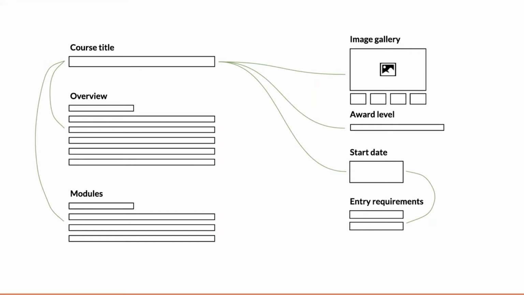Something else you might notice there is an image gallery. It would actually be quite easy to break down further into individual images and then the presentation of them as a gallery. So there's a relationship that, as we explore that, we actually start to break it down further and understand the model a bit better. So all of this is just to show you that content modeling is fundamentally breaking into parts, labeling those parts, understanding their relationships.